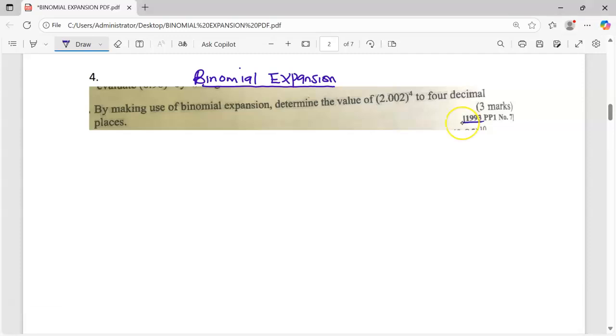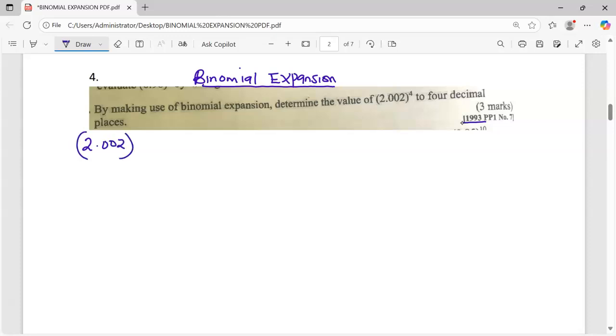We are presenting a question that was done in KCSE 1993 paper 1 question number 7, a question on binomial expansion. By making use of binomial expansion, determine the value of 2.002 raised to the power of 4 to 4 decimal places. So what we are going to do,